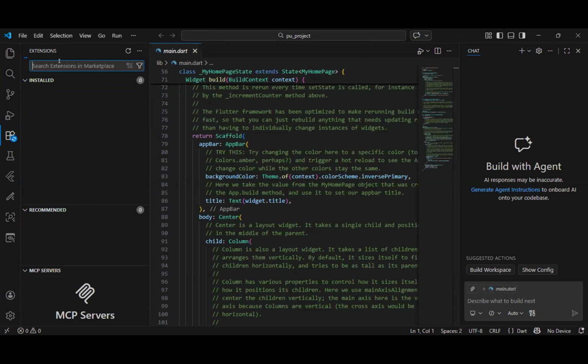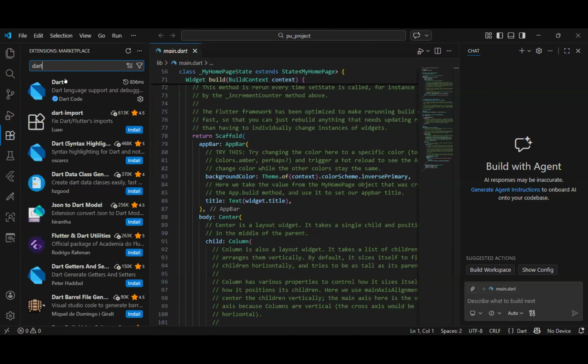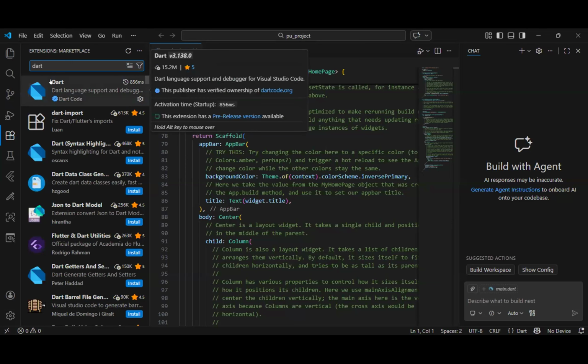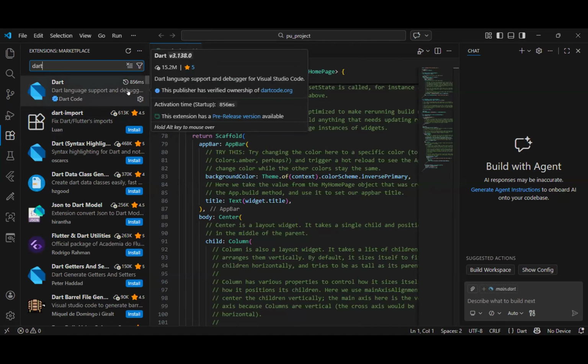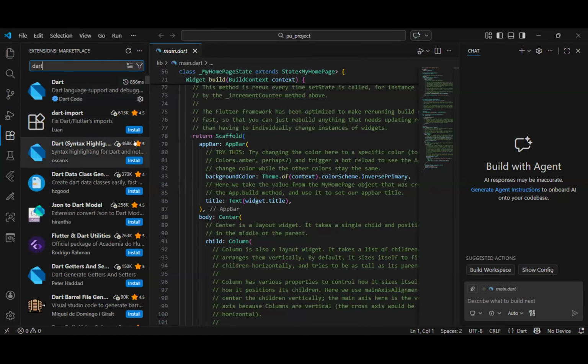And then type Dart in the search box. When you type D-A-R-T and you enter, it will show you various items. The very first one, you click on install. I have already installed it, so you see that. Here, where the settings are, you see the others, for example, Import, with no install. But the very first one is the Dart extension. You see the rest have installed. I hope you can see.